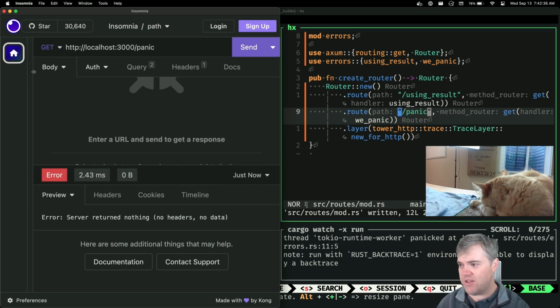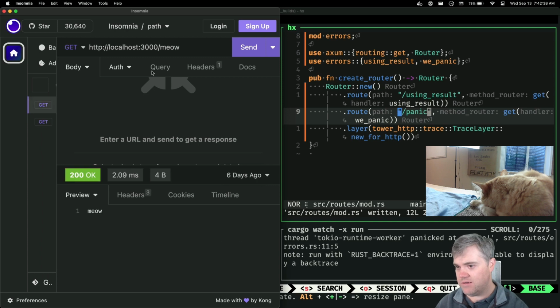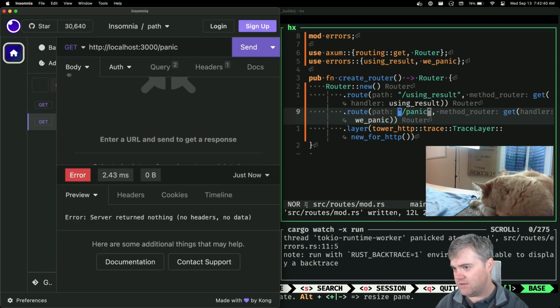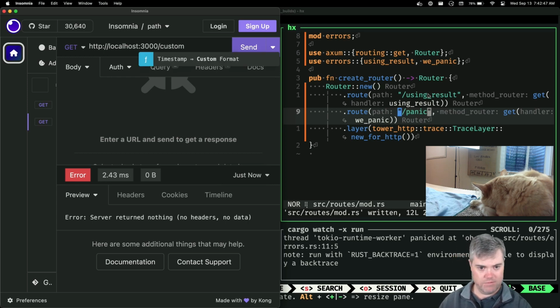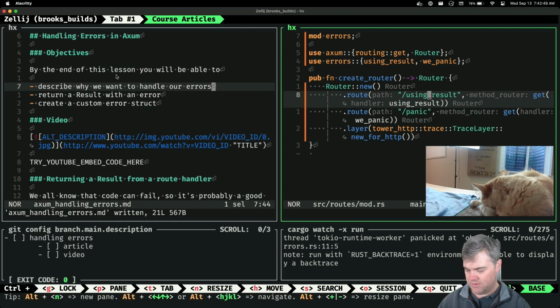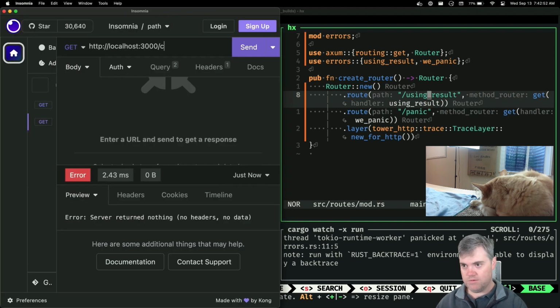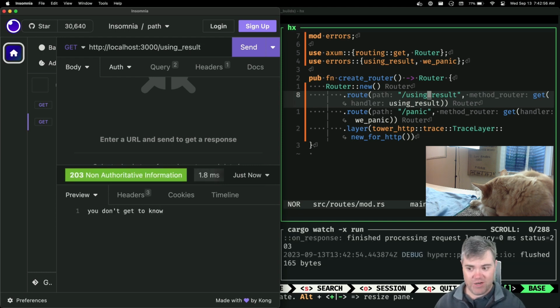If I go back to that other route that we had, no, not... what did I call it? Oh, using result. It's still working. Like the server stays up, but it crashes that... I don't even want to say session, because I don't think that's correct.